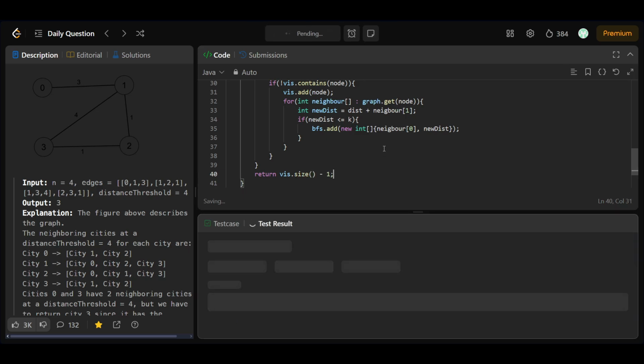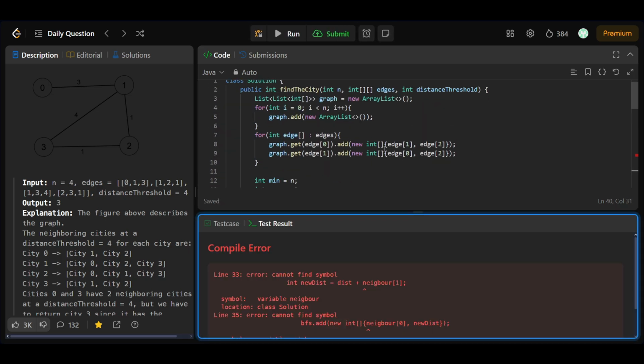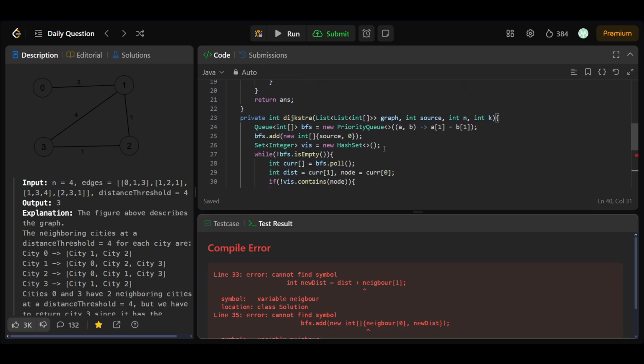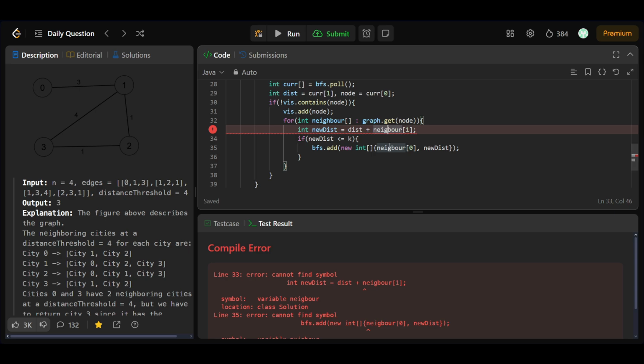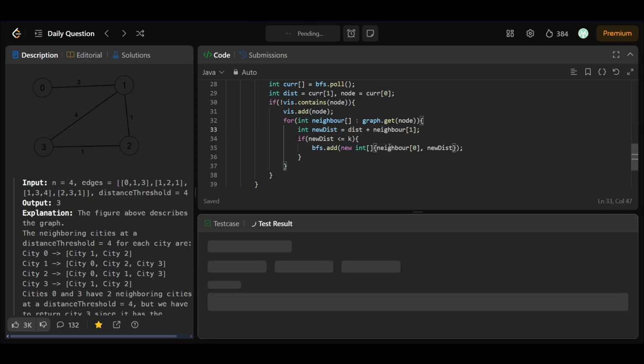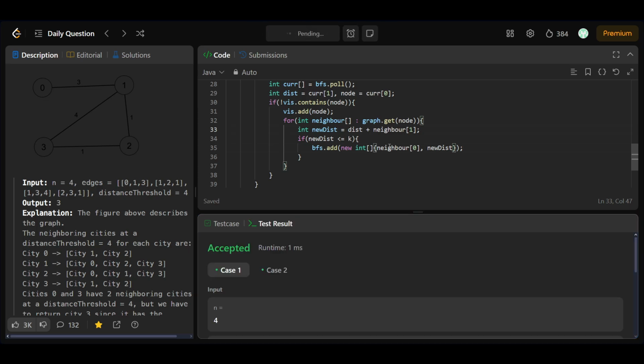And now let's give it a run. Okay, it says NEI. Oh, I made a silly mistake, that's a typo. NEIGHBOUR. Okay, and it gets accepted. Now let's submit it,